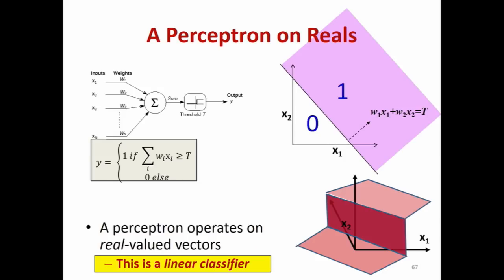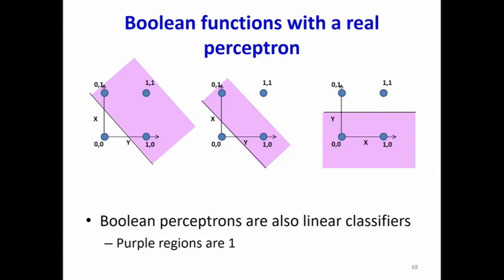Now, an individual perceptron, we saw this in the last class, is simply a linear classifier. It uses a linear threshold, which is a hyperplane. The output is going to be 0 on one side, 1 on the other side. So if the input were two-dimensional, the perceptron is going to be a function of this kind, right? And we saw immediately, once I know that this is what a perceptron computes, I can